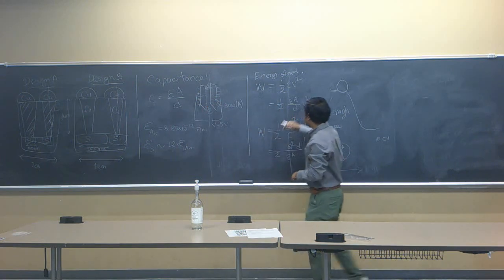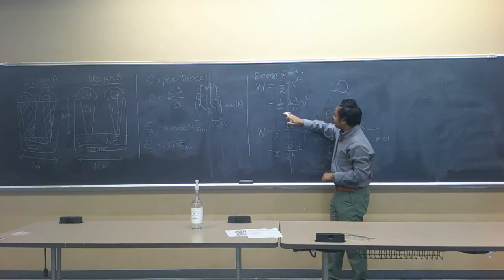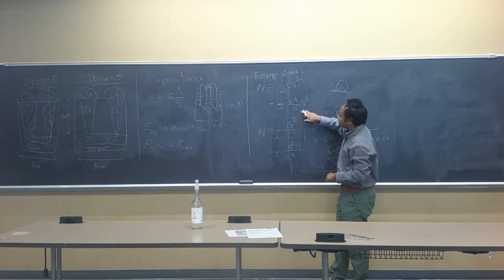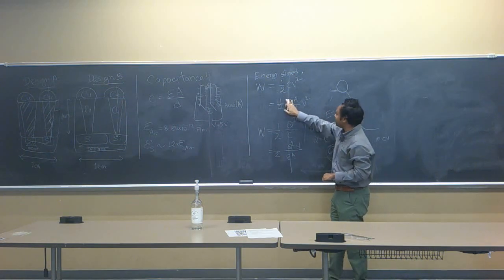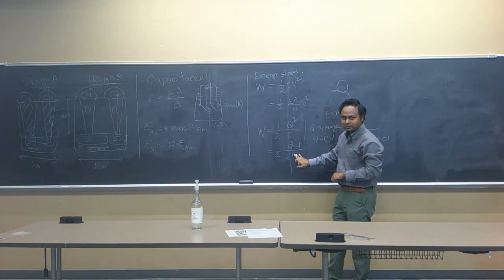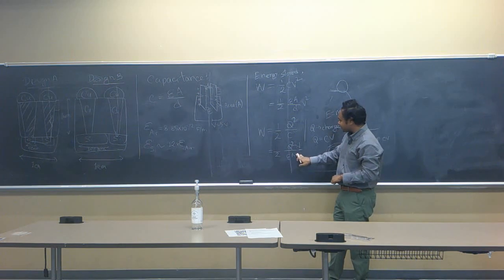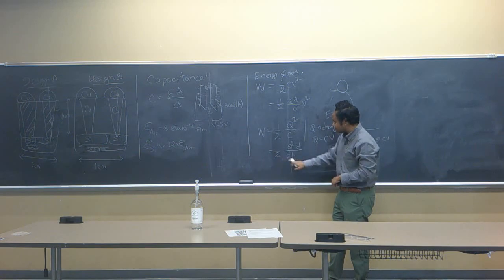Okay? So this is why, when you use the energy expression, I prefer using this expression, because in this expression the voltage is going to remain fixed. So I can only consider the other factors. You can also use this other expression, but be very careful. In this expression, we have Q squared and D. If you change D, Q is also going to change. So don't rely on this expression.